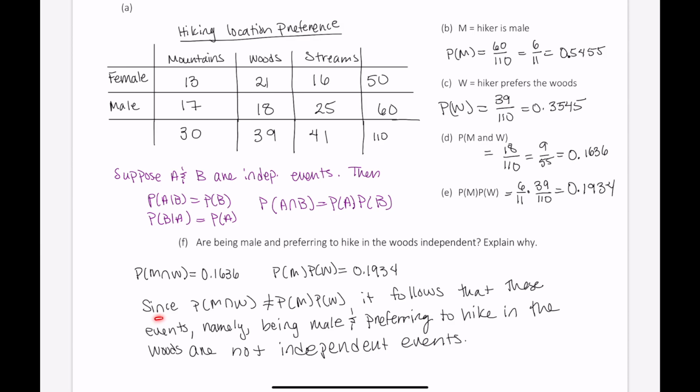Okay, so since the probability of M and W does not equal the product of the probability of M with the probability of W, it follows that these events, namely being male and preferring to hike in the woods, are